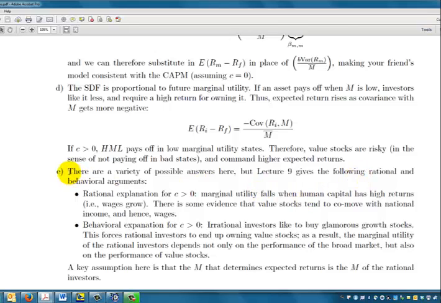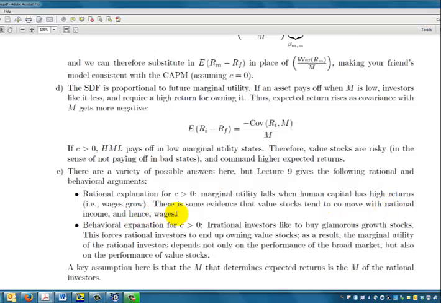Now, finally, part E asks you to give explanations about why there might be a positive C. And we can draw on lecture 9, where we talk through a couple of examples. One rational story is that marginal utility falls when investors' human capital does well. In other words, when they expect to be making a lot of labor income in the future. And there is some evidence that value stocks tend to predict national income, future national income growth, and hence wage